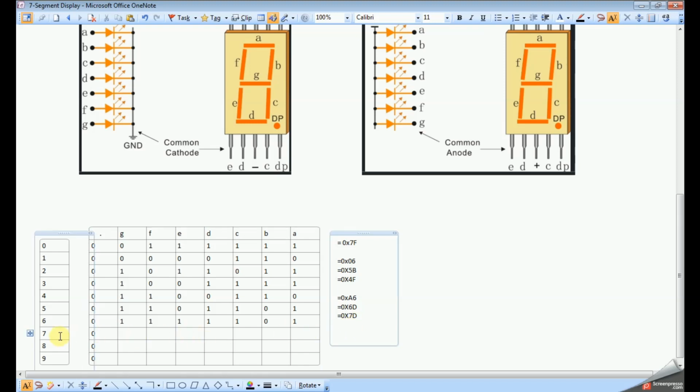So next I would like to display number 7. 7 means A, B, C are 1, remaining zeros. So then the equivalent code will be 0x07.